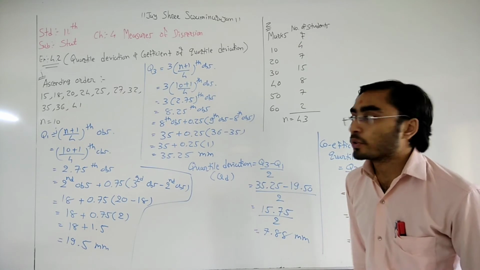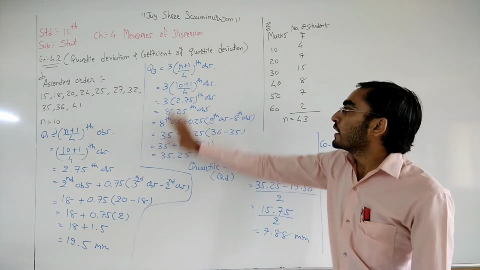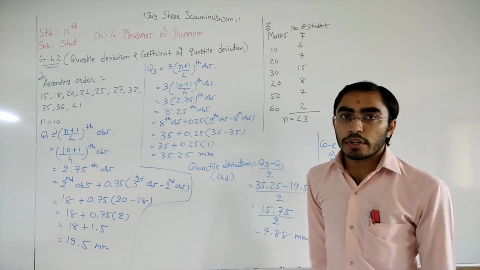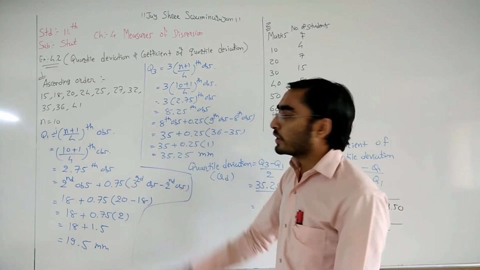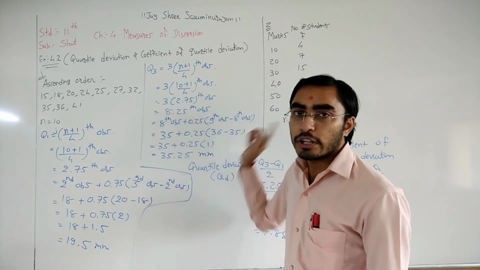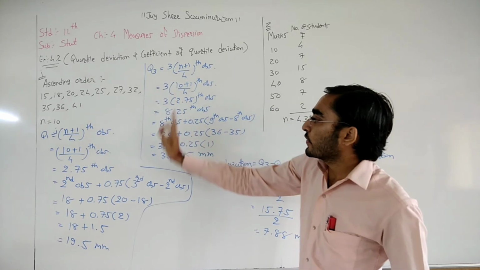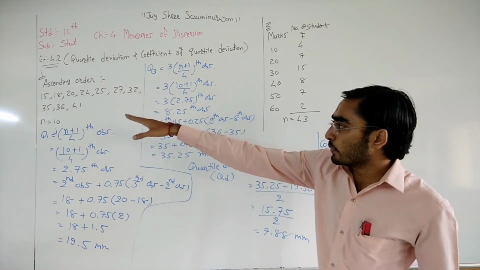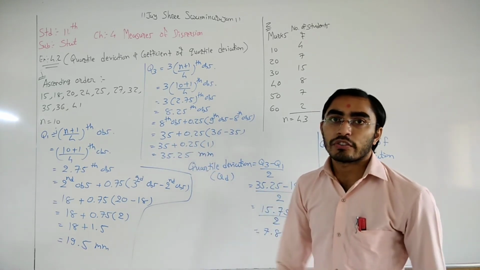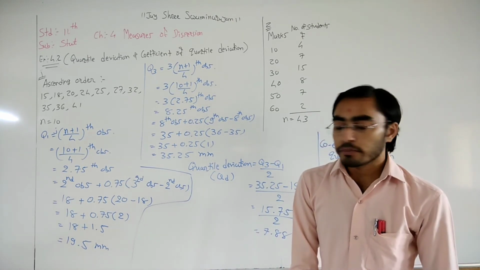Similar way we need to find the Q3. So here we need to put the 3(n+1)/4th observation. Calculate this, you will get the 8.25th observation. Okay. So again we need to convert this number into two parts. So 8th observation plus 0.25 times (9th observation minus 8th observation). 8th observation is 35 plus 0.25, 9th observation 36 minus 35 is 1. So the answer of addition is 35.25. So this is our Q1 and this is our Q3.